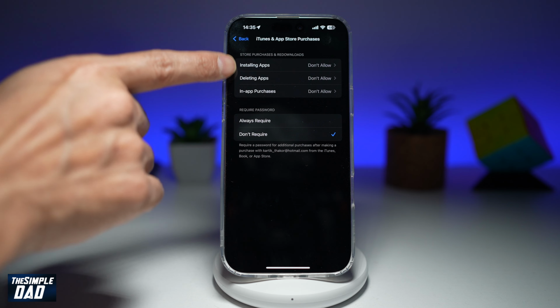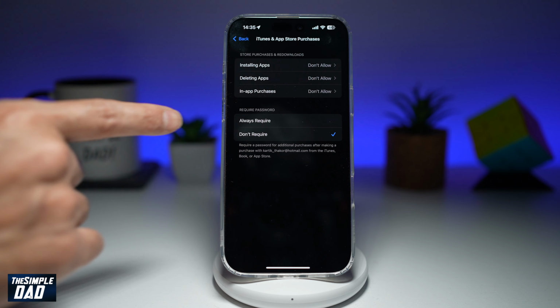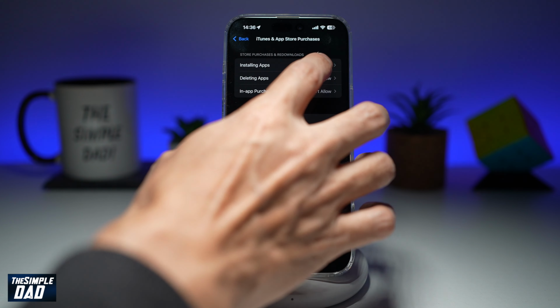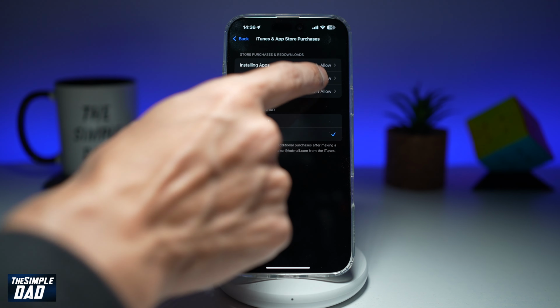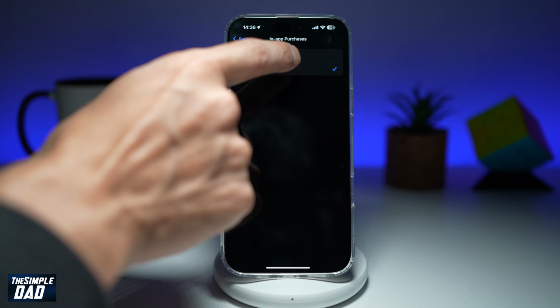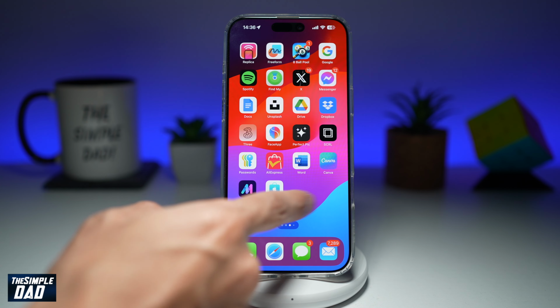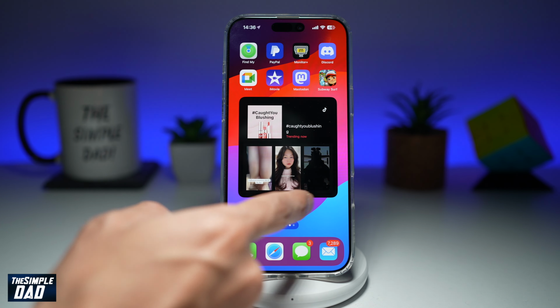From here, as you can see, installing, deleting, and in-app purchases are all set to don't allow. So someone has basically done this so that the App Store gets hidden. Now you need to go ahead and change that to allow for all of them. Now once you do this and you go back to your home screen, you'll see the App Store appear back